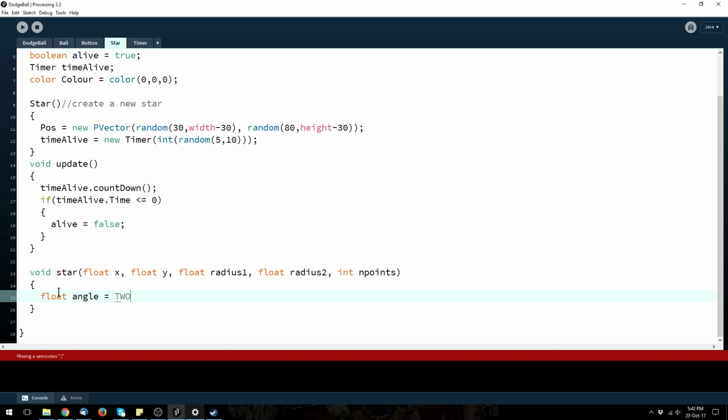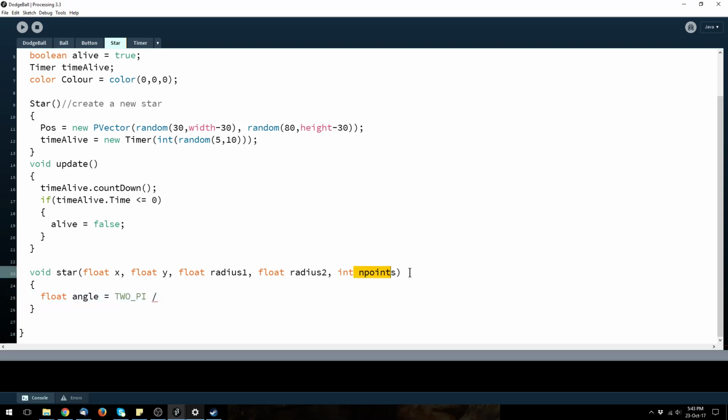2 underscore pi. That's a special variable, it gets the value for pi times pi, so 2 pi's, so pi plus pi. And then we want to divide it by our temporary variable that we used up here, the number of points. Cool. So that gets the angle between all the points, and that's how much it needs to rotate around when